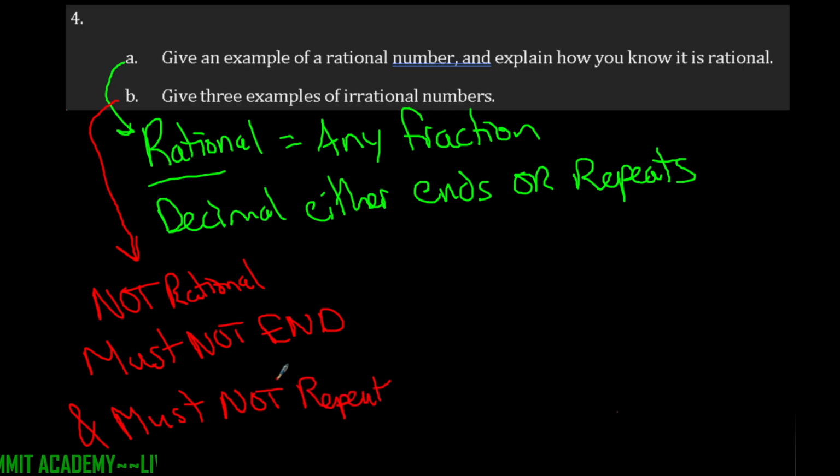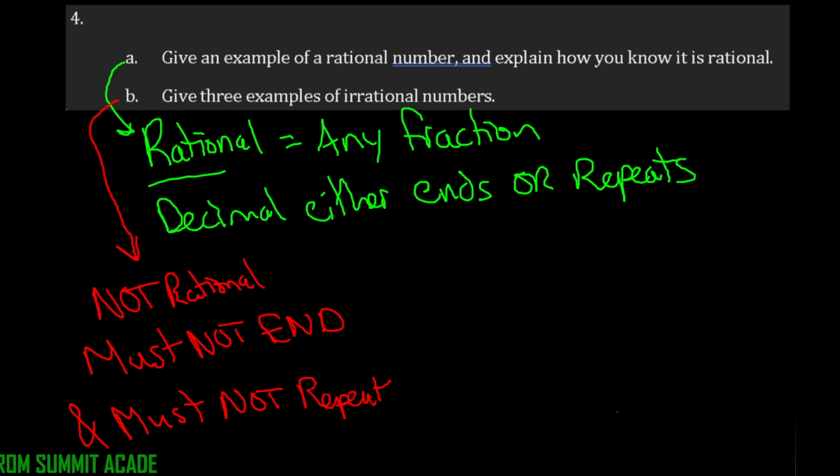So it must not do both those things to not be rational. Also, you should not be able to make it into a fraction, because otherwise that would be a rational number. So try to come up with 3 different examples for irrational numbers